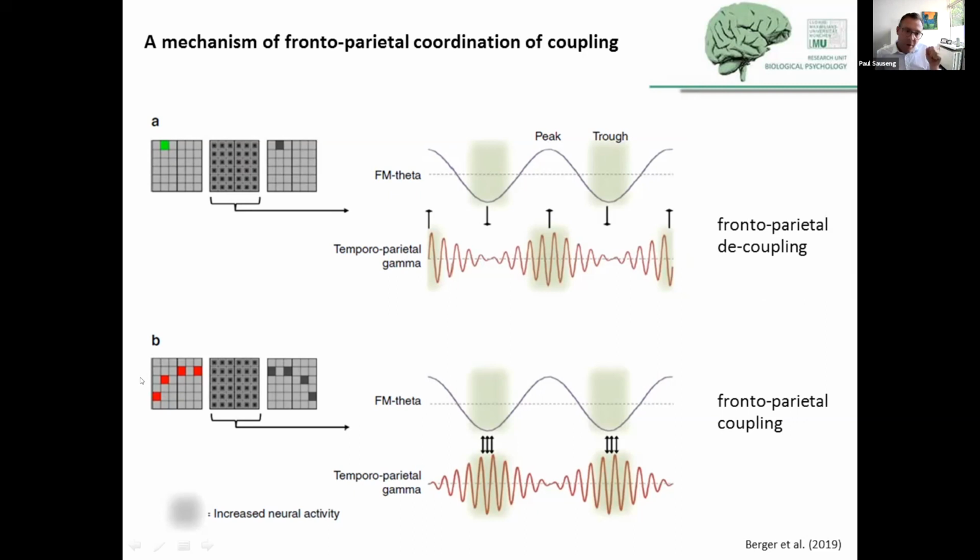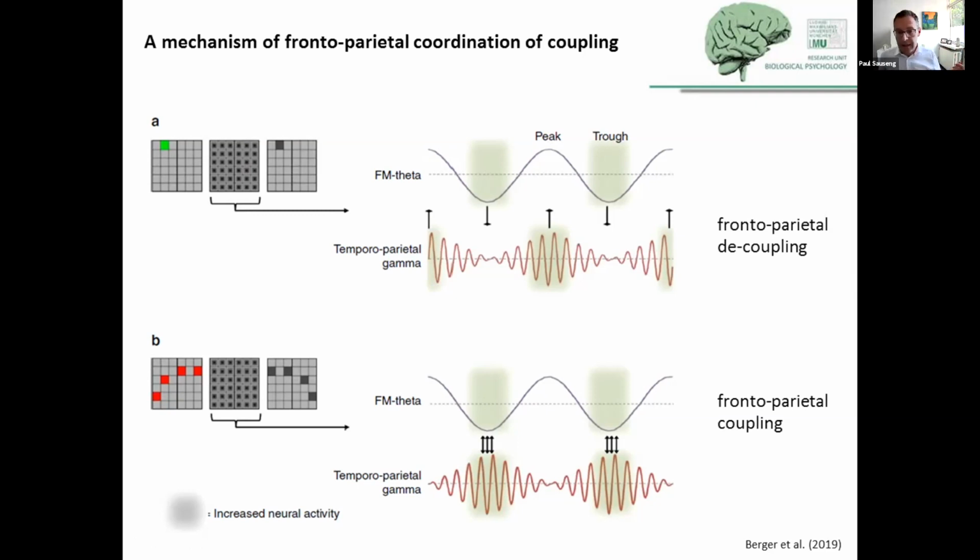Whereas when it becomes really difficult, so that you have to recruit this multiple demand network, when you have to juggle a lot of different things at the same time, you're just nesting this posterior gamma activity in a different theta phase so that you have increased neuronal activity in posterior cortex and medial prefrontal cortex pretty much at the same time, making it more likely that you have some communication within this